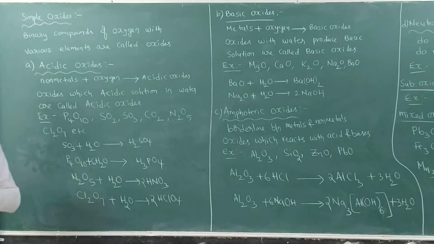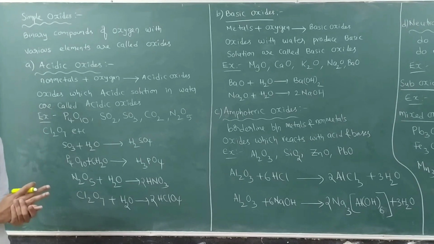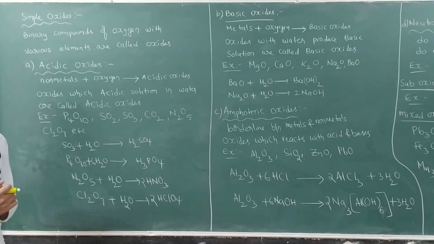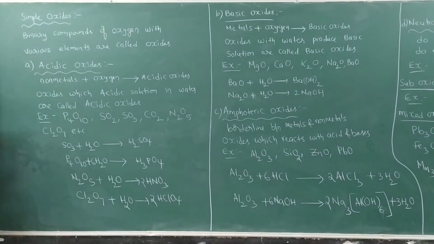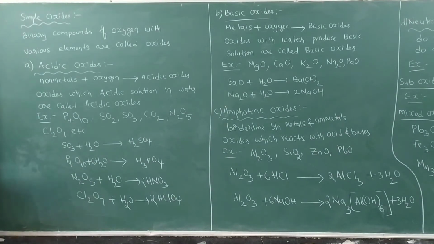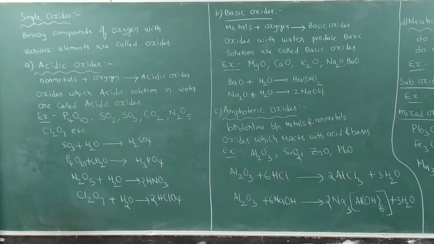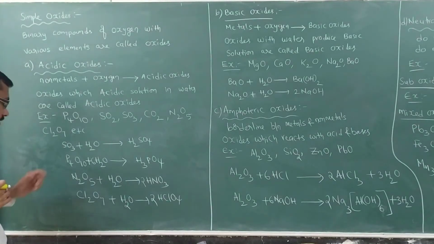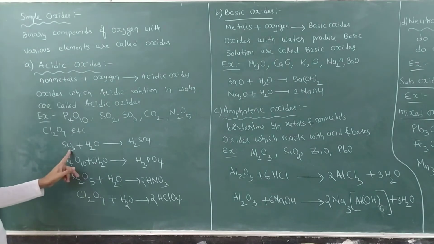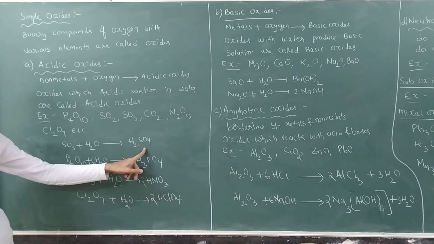Generally, acidic oxides will be formed only by non-metals, like what? Carbon, silicon, isn't it? Phosphorus, chlorine, sulfur, like that. Only the non-metals can form acidic oxides. Now, any oxide which in water produces an acidic solution, they are called what? Acidic oxide. You take sulfur trioxide with water producing sulfuric acid,